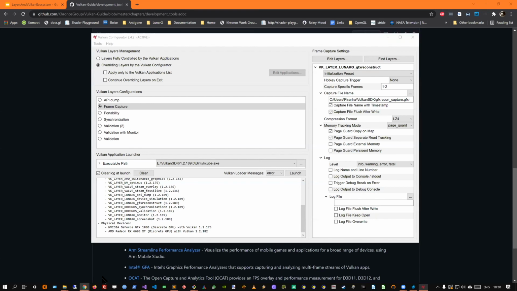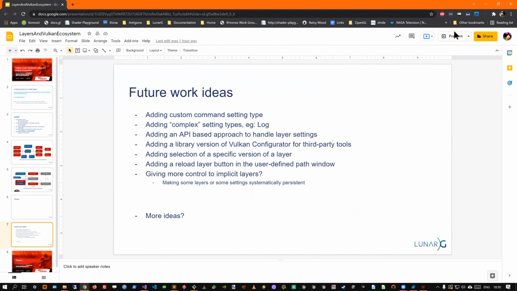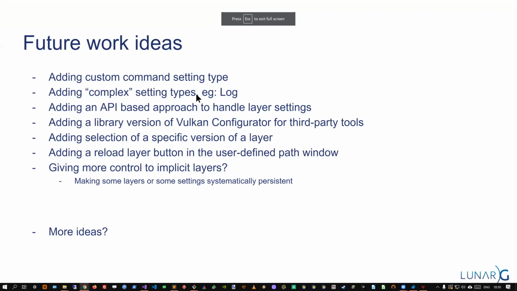Yes. Maybe I'm going back here. So we have many future work ideas. We are looking forward to your ideas. Really the purpose of Vulkan configurator and the layers is to improve the efficiency every day when we are working on Vulkan applications, so that we don't spend too much time just learning how to use the tools we need to debug.